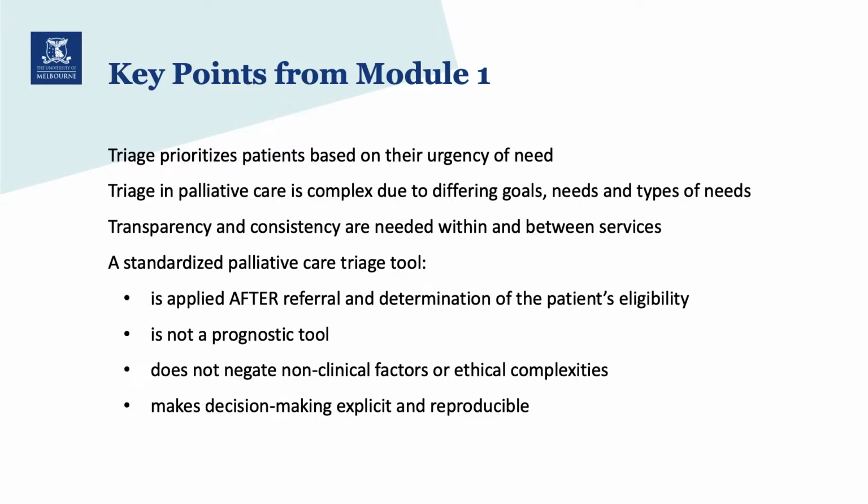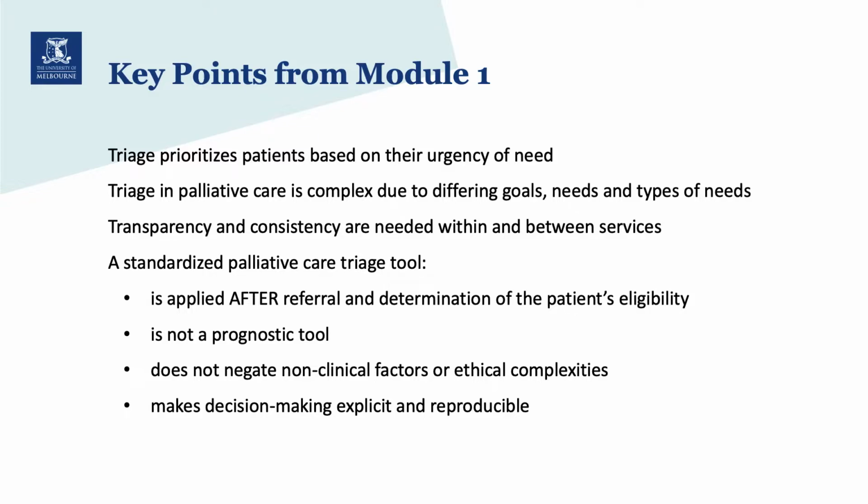So a standardised palliative care triage tool is to be applied after referral and determination of the patient's eligibility. It doesn't help us work out if this patient is eligible or appropriate for palliative care. It just helps us work out their priority once we've already established their eligibility. It's not a prognostic tool. It doesn't negate non-clinical factors involved in organising ourselves or the ethical complexities, but it does make decision-making more explicit